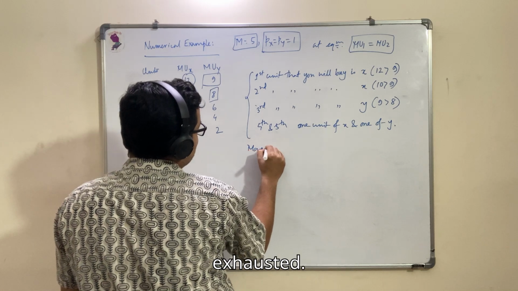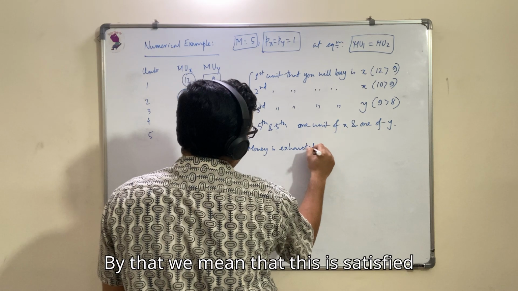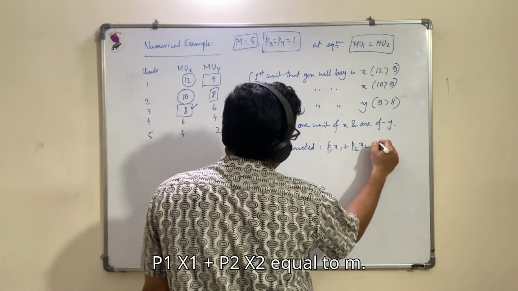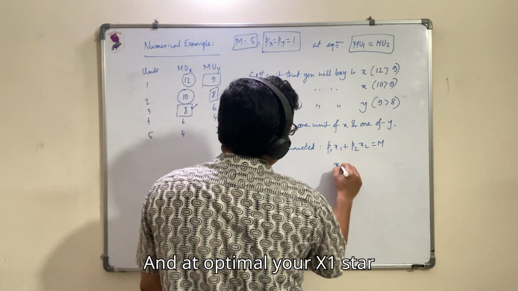So money is exhausted, right? By that we mean that this is satisfied, P1x1 plus P2x2 equal to M,